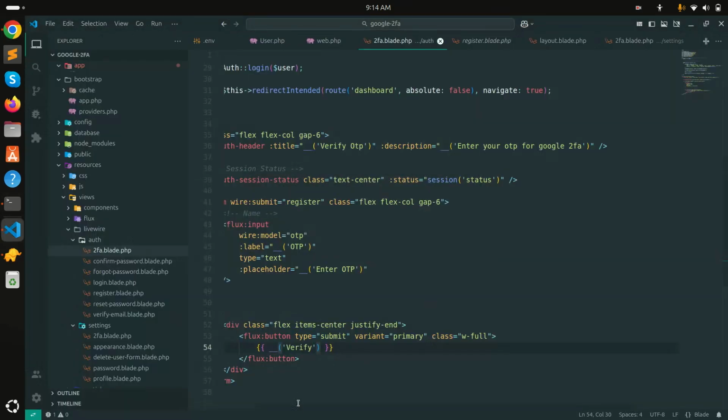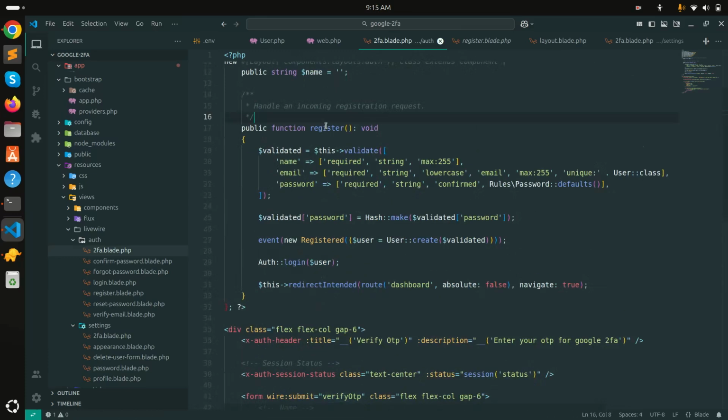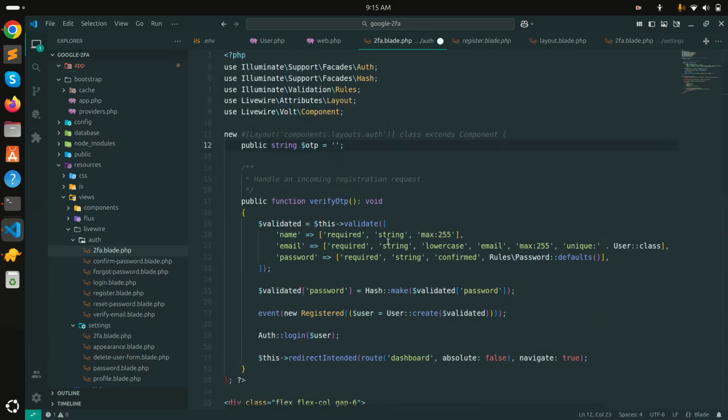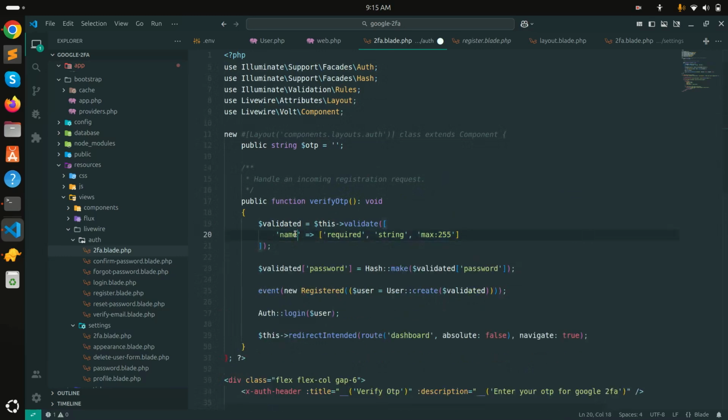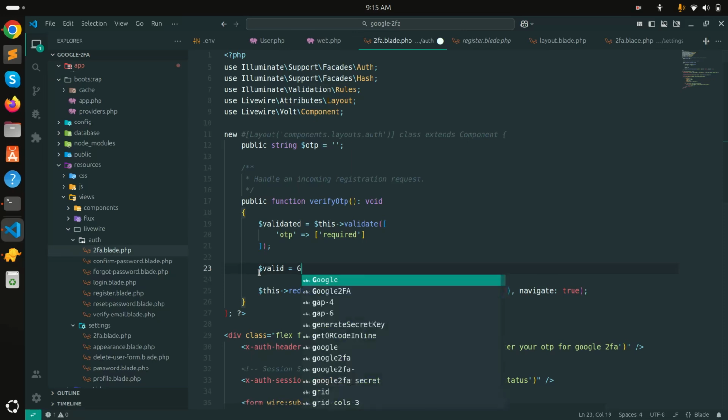Okay, so let me go here and remove this space, and here is the registration. I will say verify OTP. Okay, save it, and I will change the name of the register, and here I'm going to change the variable name to model. So I will keep OTP, and I just require validation only for the OTP and keep the required only. Okay, if I found the required, that means I need to use, let me remove this. And then what I will do, I will use valid. Okay, if it's valid, then what I need to do, Google